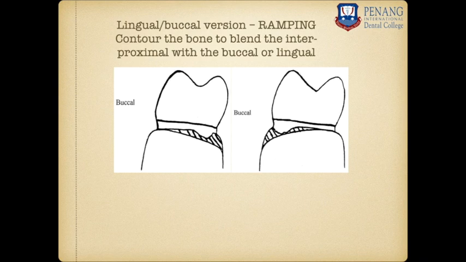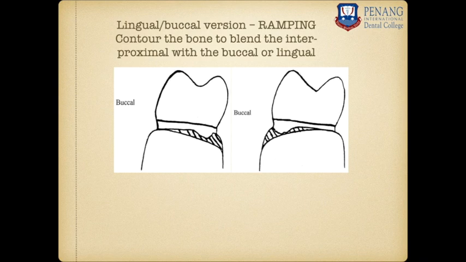We are going to remove a lot of bone by doing a regular osseous resective surgery. Rather than doing a regular surgery, we can remove a minimal amount of bone by ramping it either on the buccal or on the lingual side, which is called lingual version or buccal version. So if the bone loss is only on the buccal side, you remove only the buccal bone. Keep the lingual intact, so that it will form a ramp.